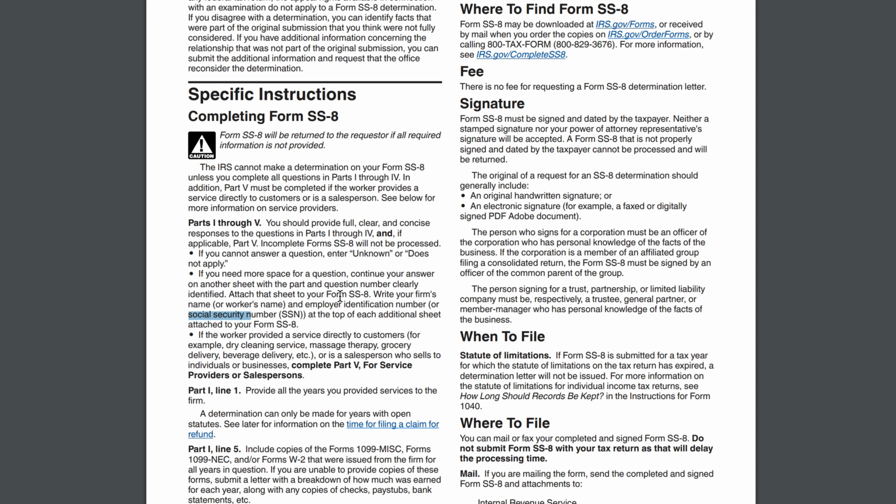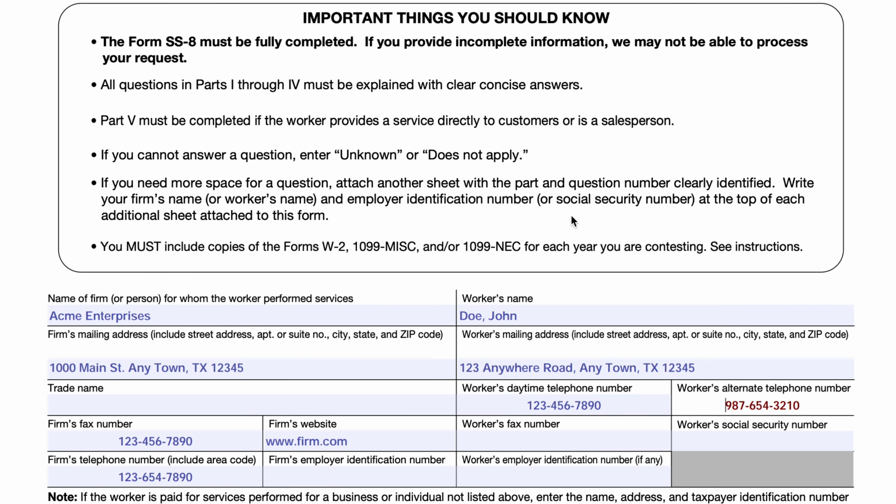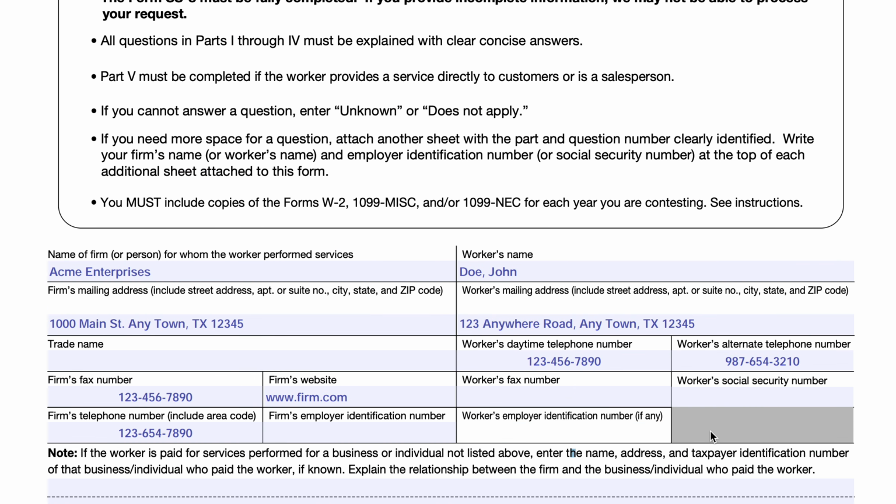If you need more space for an answer, you would put the social security number or the employer identification number. So let's go back and just put in his social security number and then the firm's